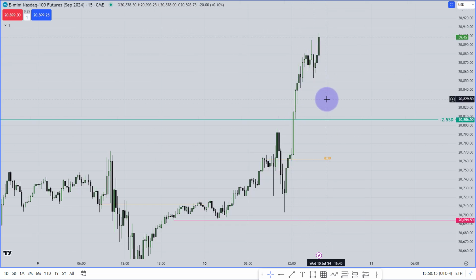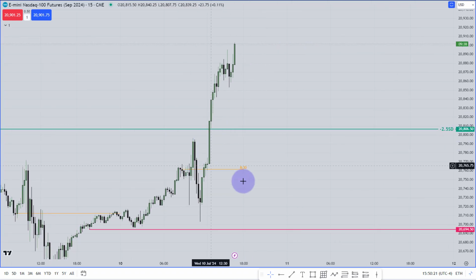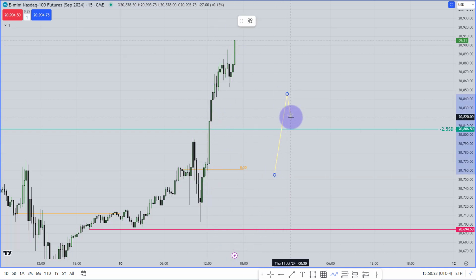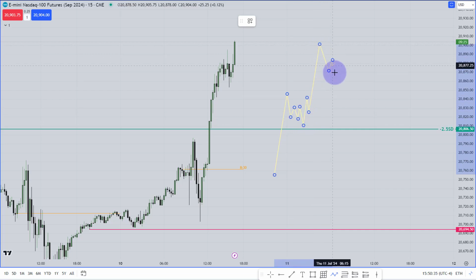Because today is Wednesday. Wednesday is actually the trending day. On that day you don't need the 15-minute chart as well. When the trend is confirmed, that means market is bullish or market is bearish, all you need is the 1-minute chart. From the 1-minute chart you will wait for this type of things: market structure shift, fair value gap, boom. Again market will do the same thing. Market will take the liquidity, market structure shift, fair value gap, boom. Okay, this is how the trend day works. So on Wednesday and Thursday you will think trend is your friend.